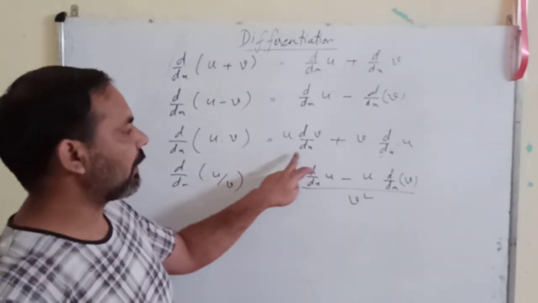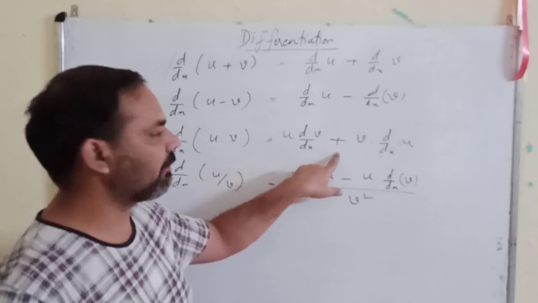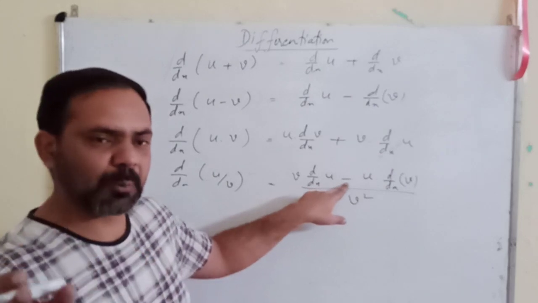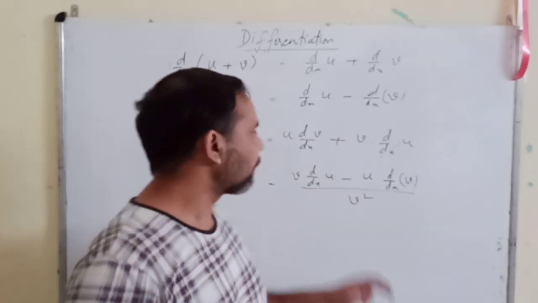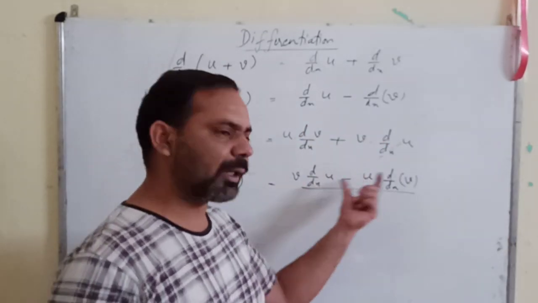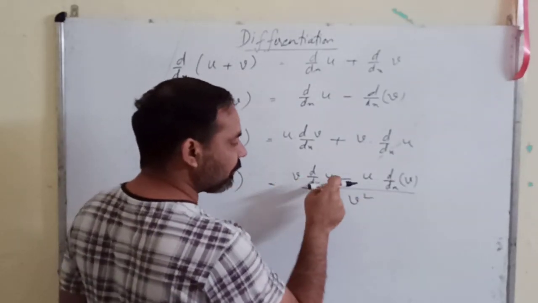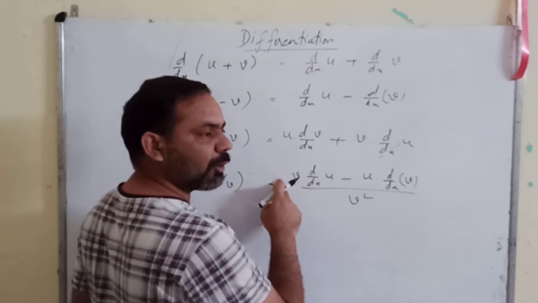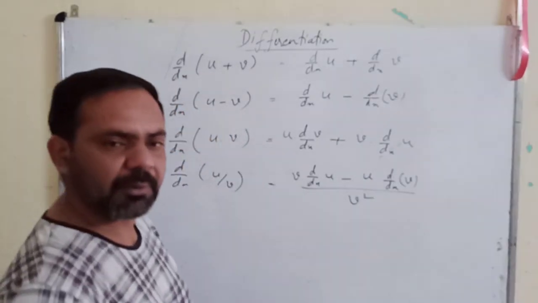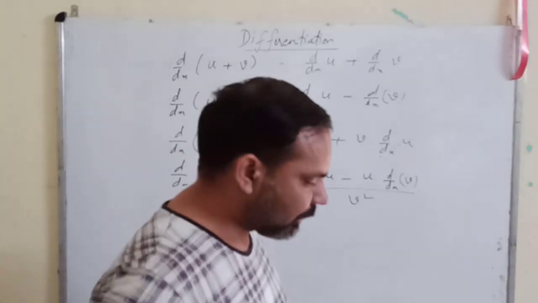Now here, if you interchange the terms in addition, it will not change the value. But remember the position in the quotient rule, because you have a minus sign, and 2 minus 3 and 3 minus 2 are not the same values. In addition, it doesn't matter which you write first. But here you have to keep the order in mind. The order is denominator square, then denominator into derivative of numerator as the first term, and then minus numerator into derivative of denominator. This is a fixed rule. You cannot interchange the position of the terms.